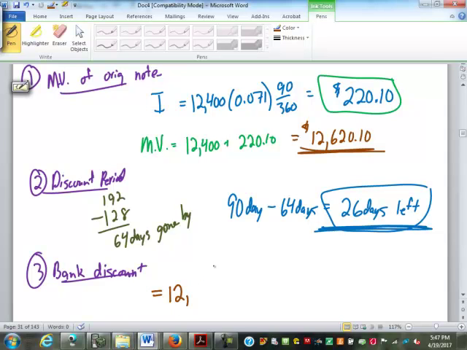What do we put in here? Maturity, no, it'd be $12,620.10 times 0.093 because the discount rate was 9.3%, times